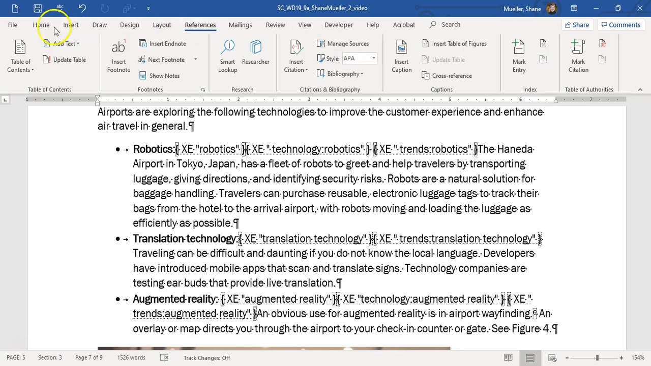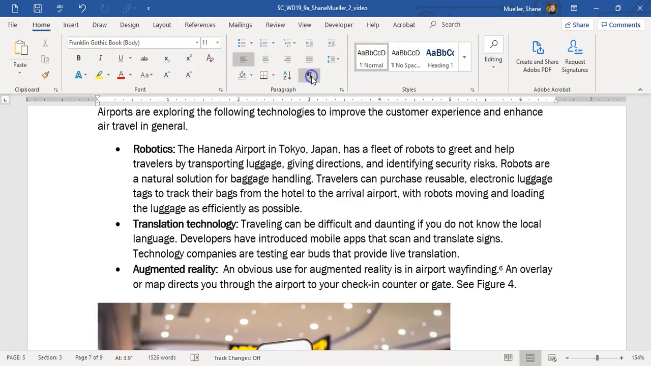I'm going to turn off my marks for just a second so we can see what we're doing here. So in this area right here, we're going to go to the word translation, so to that provide live translation. So this one says, in the bulleted paragraph, mark an index entry that uses technology as the main entry and translation. So we're going to select the word translation,